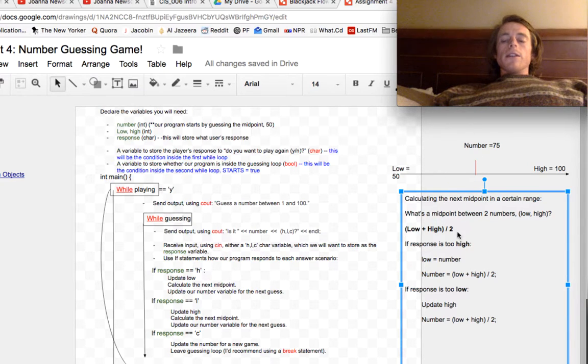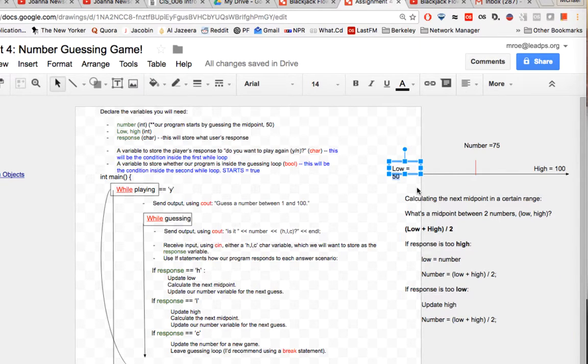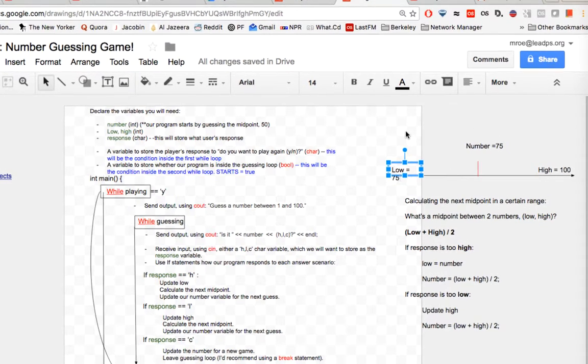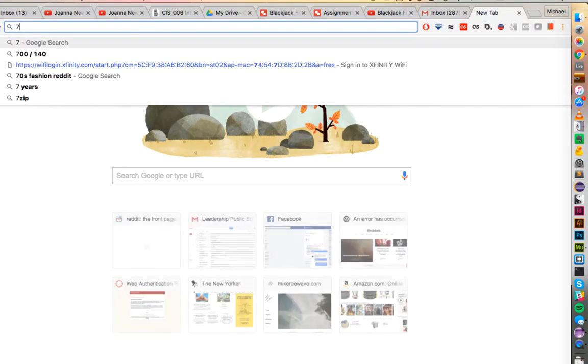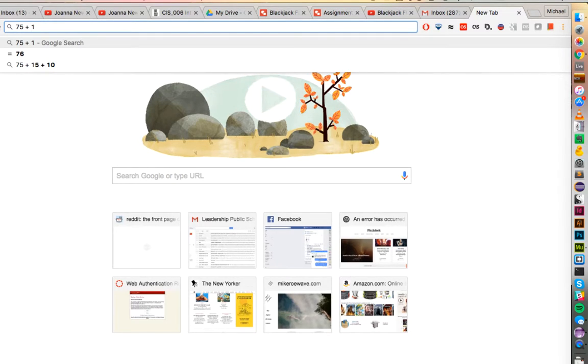So then we enter this entire loop again. If our response is too high, what we're going to do is reassign low to equal number. So our algorithm changes low to equal 75, and it'll recalculate number. It will add 75 to 100, and then assign that to number. So the halfway point between 75 and 100, I should be able to do this in my head,